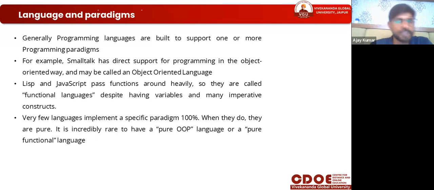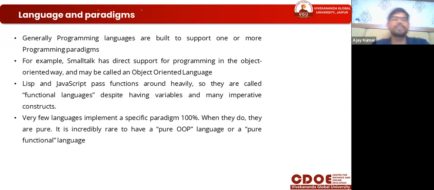For example, Smalltalk has direct support for programming in the object-oriented way. This object-oriented way is called a paradigm, and it may be called an object-oriented language. LISP, this is also a language, and JavaScript, they use functions heavily.